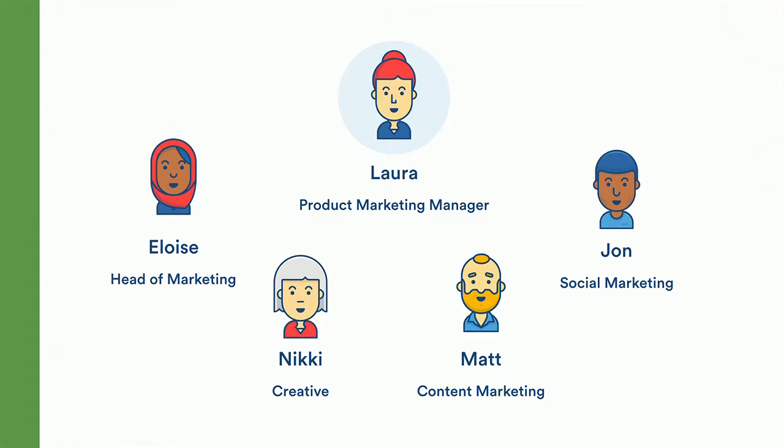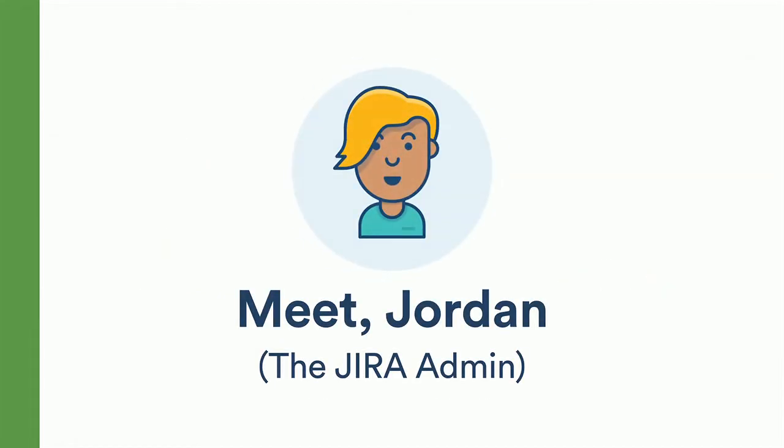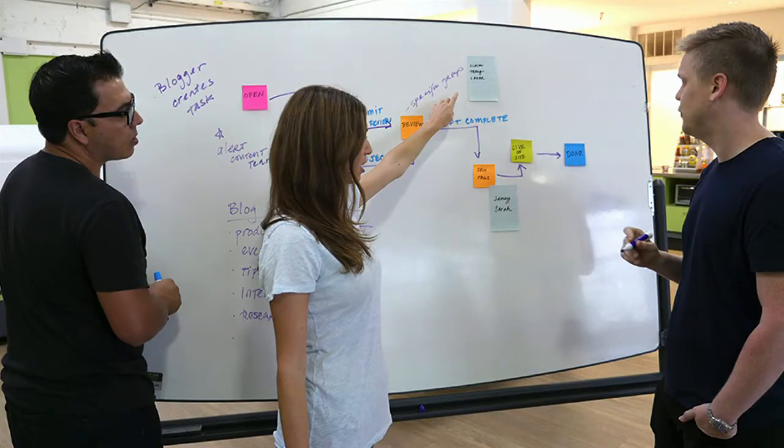So how does she even get started in JIRA Core? Well, that's where you all, the real heroes of this story, the JIRA admins, really come to the rescue for us. Because you could go and you could create a project using the project management template for Laura and send her off with it and get her to try it out, because oftentimes we find that it works out of the box. But we also find that some teams have more specific needs. So how do you go about addressing those? Well, our tip here...